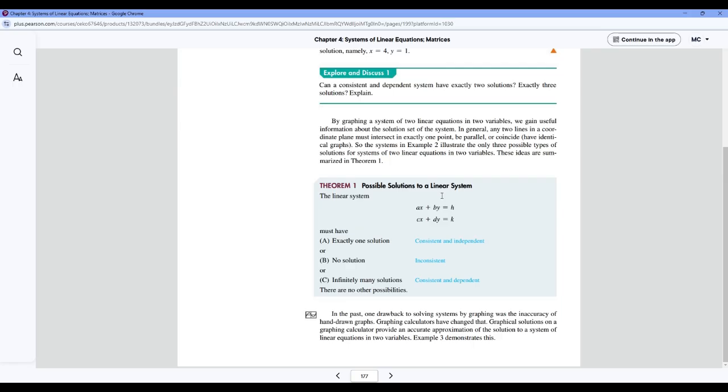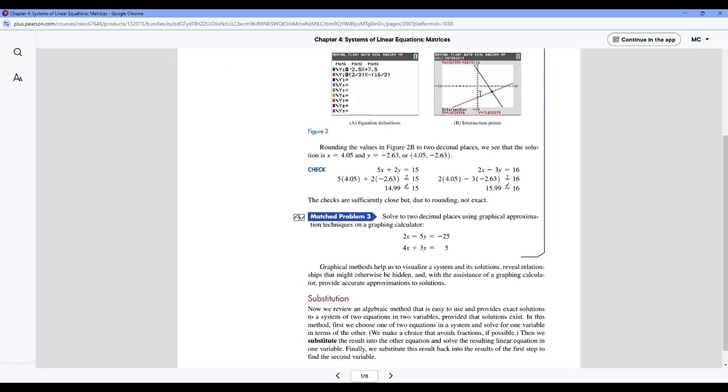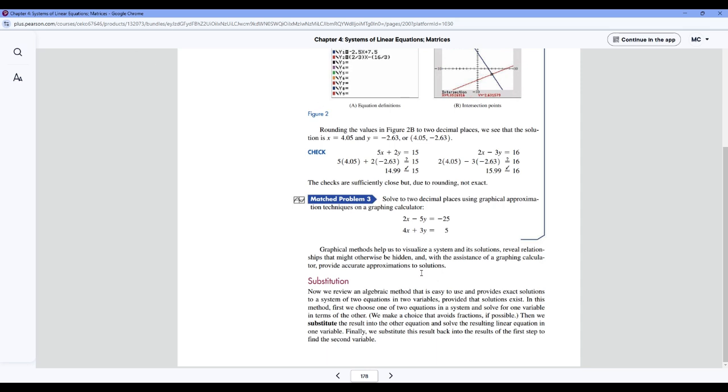Alright, so that's your basic thing. Exactly one solution is consistent and independent. Infinitely many solutions is consistent and dependent, and if there's no solution, it's inconsistent. Just some definitions we need to be aware of. Next, how to go about it in a graphing calculator. I'm obviously going to use Desmos,